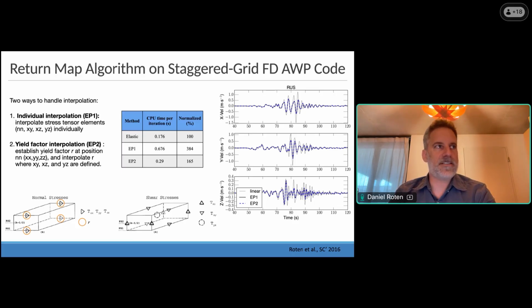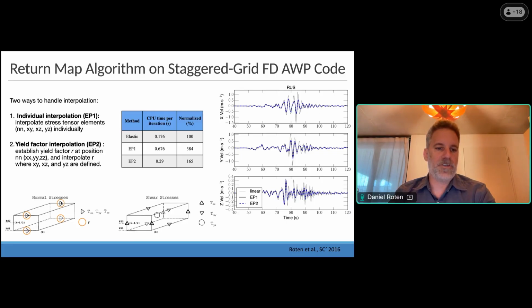The problem with that is you need to know all 6 independent elements of the stress tensor to evaluate the Drucker-Prager yield stress. And the mesh is staggered, which means that the stress tensor components for normal stresses are stored at a different grid position, offset by half a grid point from the shear stresses xy, xz, or yz.